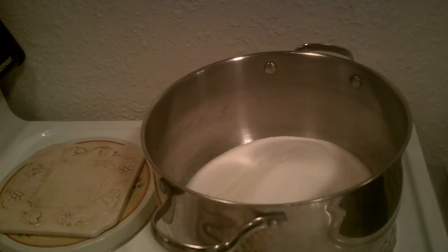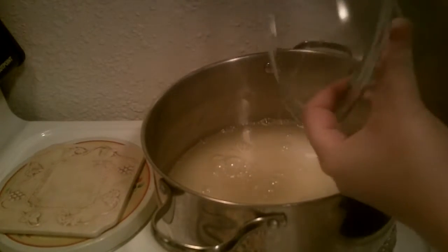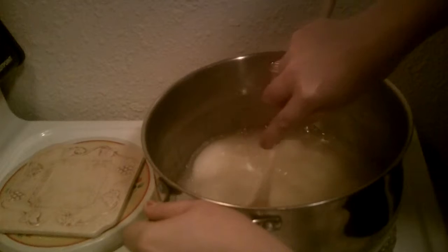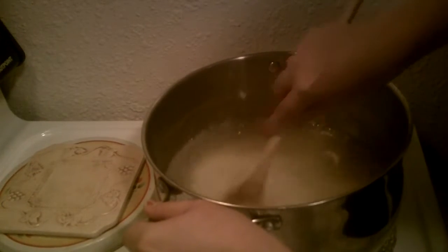You're going to set that aside, and then you're going to start with 2 10-ounce cans of sliced peaches in heavy syrup, okay, and you're going to drain the juice from those peaches, and then you're going to take that juice and put it right in with your sugar, and you're going to put that on medium heat. Okay, so you just want to drain all that peach juice and put it in there, and then you're going to stir that up. We want to get that sugar dissolved. Okay,